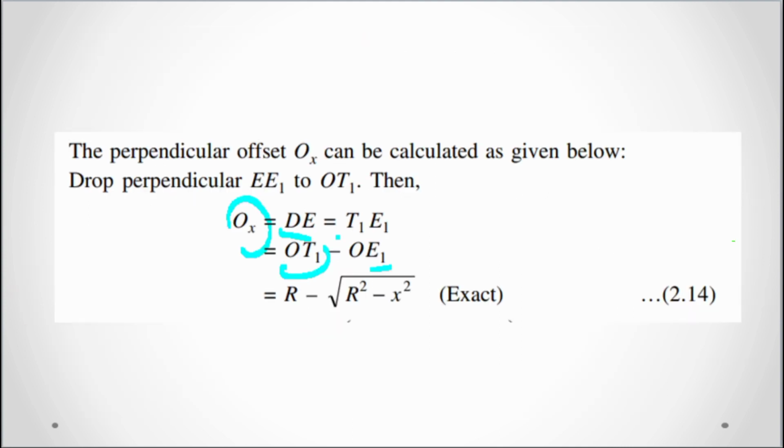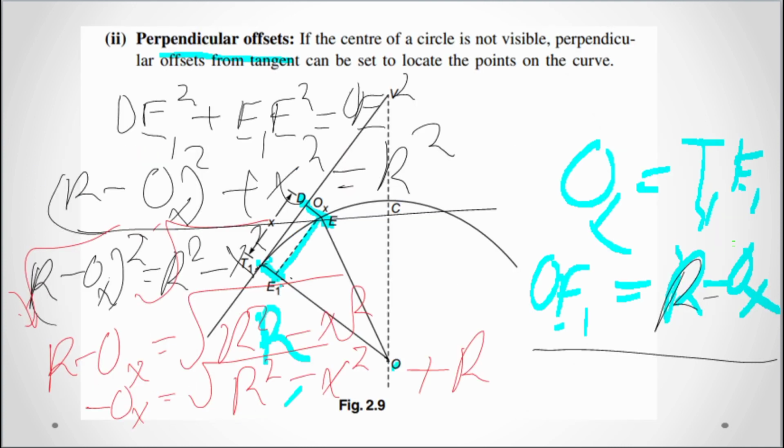That's why our final formula will be this. By dividing that negative there, we will remain with offset x is equal to